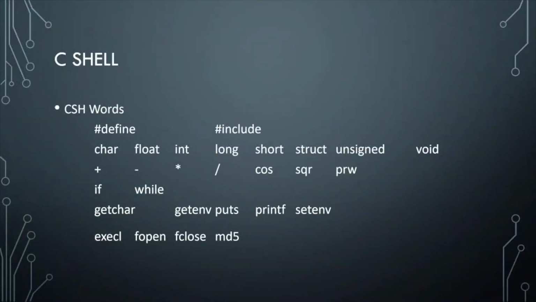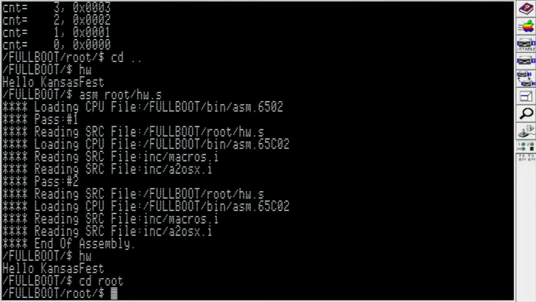The next language the developers added to A2osX is the C shell, which is interpreted like the regular shell, but it has more data types, and as you can see, it has access to the C-typed APIs in A2osX. I expect as we get further along in the development of CSH that most of the administrative scripts will be rewritten to this because they'll have so much more access to the APIs and to be able to call other programs. If we switch back to AppleWin, I can show you a